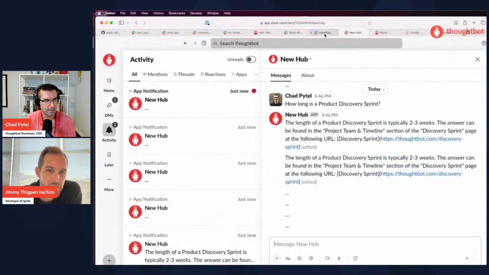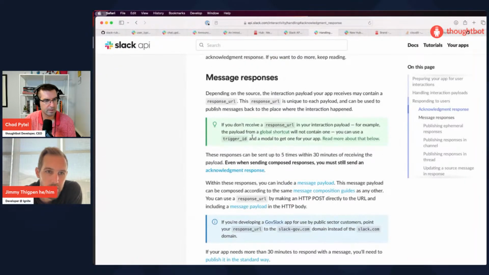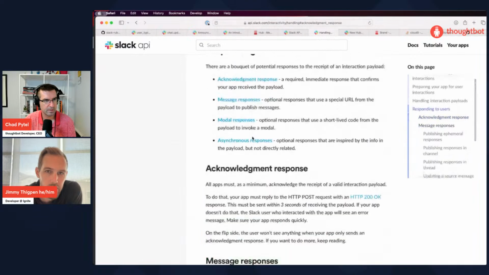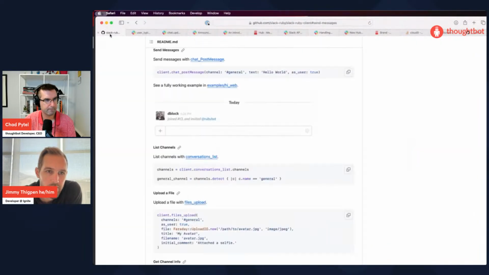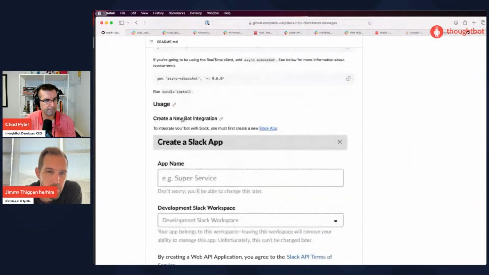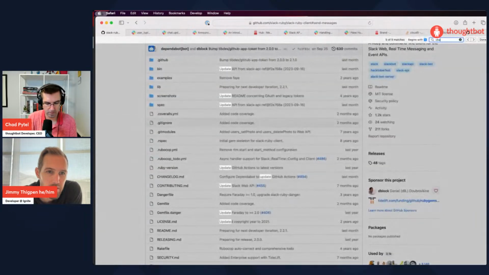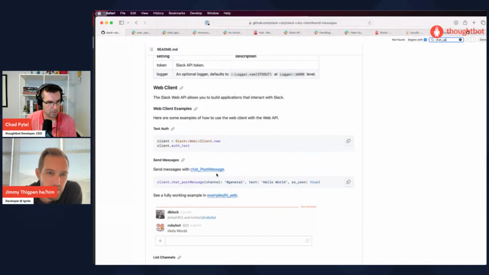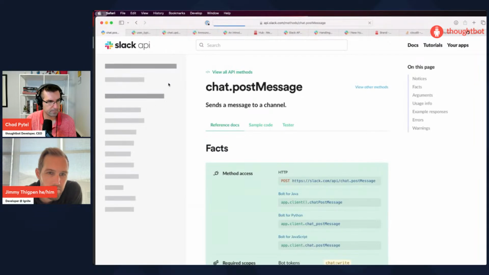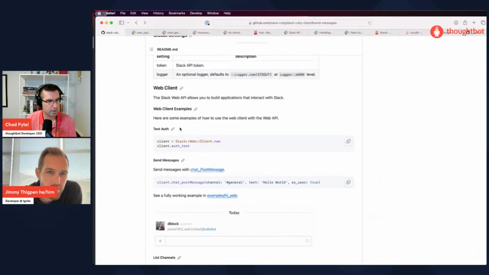Because maybe it's different. Not these docs, right? The docs for the Slack gem or the Ruby gem for updating. There should be an update in here somewhere. That just goes to there.